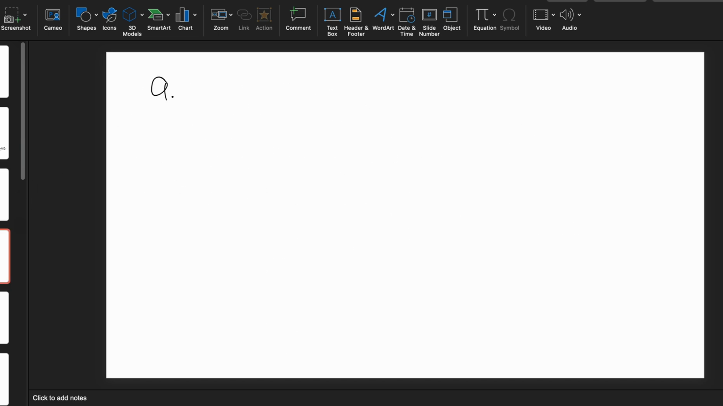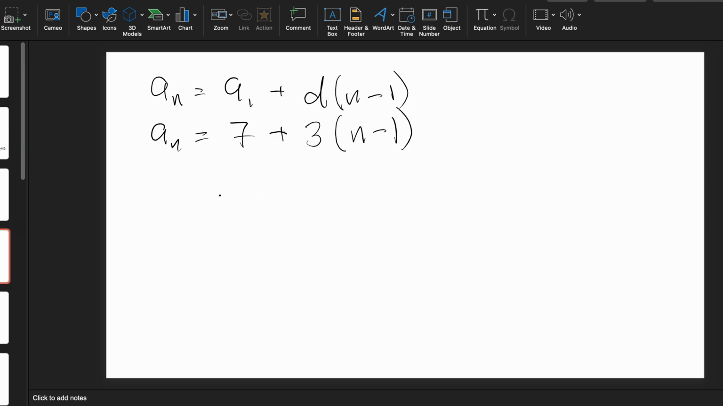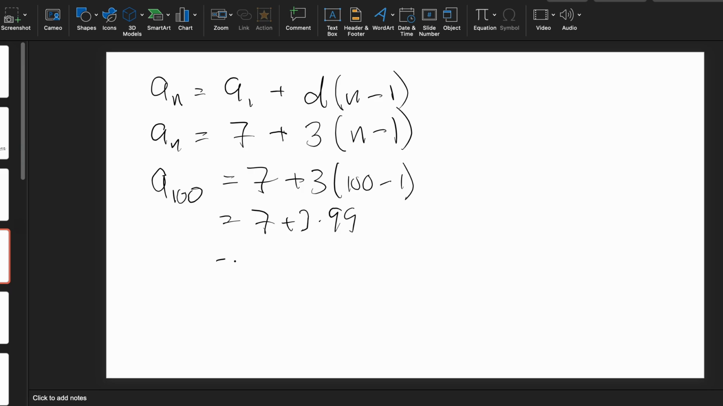Well, I know that a sub n is going to be a sub 1 plus d times n minus 1. So that means a sub n is going to be 7, my first term here is 7, plus d is 3, my common difference is 3, times n minus 1. And actually you could simplify this further if you wanted to. I'm not going to do that, but now I want to know what is a sub 100. I just plug in 100. So 7 plus 3 times 100 minus 1, which is 7 plus 3 times 99, which is